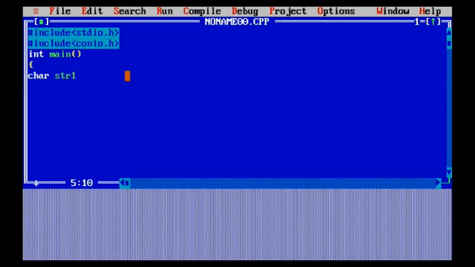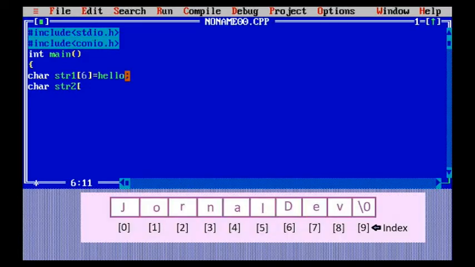Here, first of all, we are declaring a character string in which I have given the size as 6, equal to hello. As you can count, hello is 5 characters, but I have taken the size as 6. Why? Because one of the characters will be taken for null. So we need to take one extra character for the null to be stored in memory. Then I have taken string 2 with no size, given as word. It will take a null character automatically when it compiles.